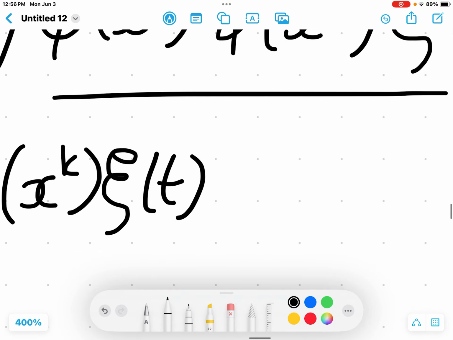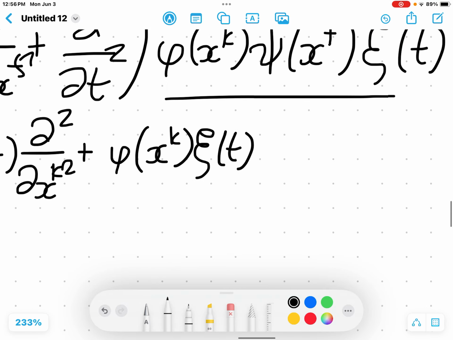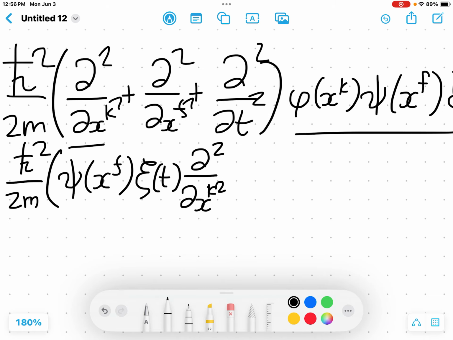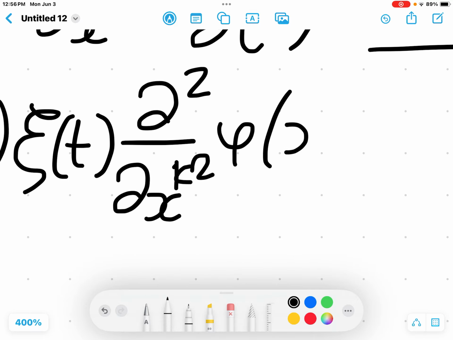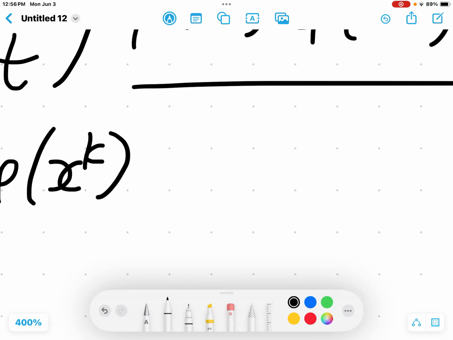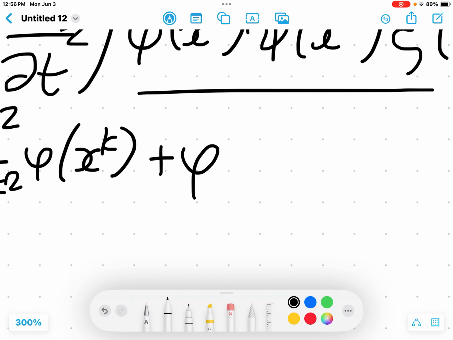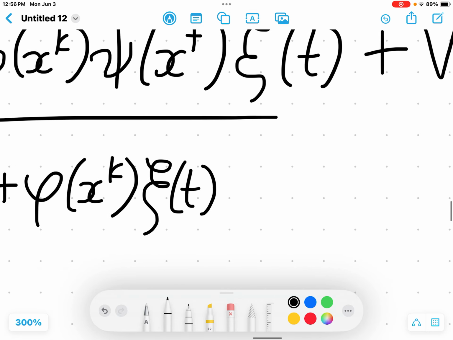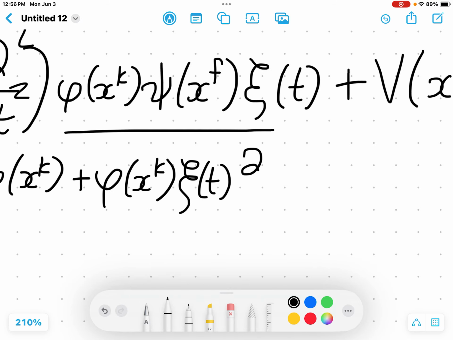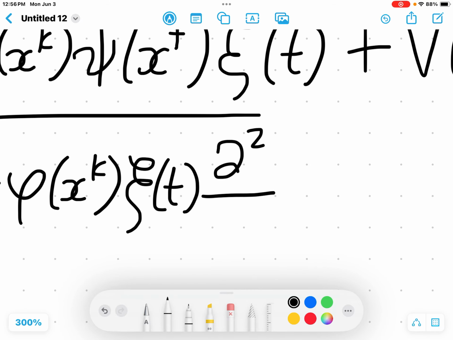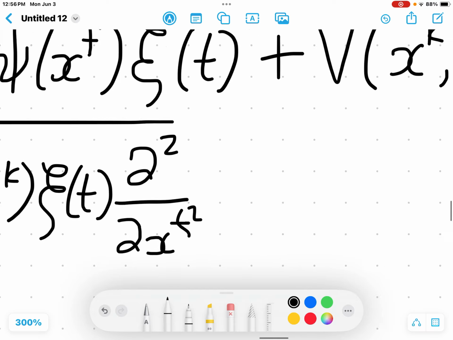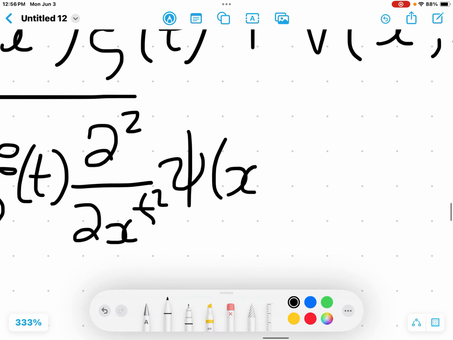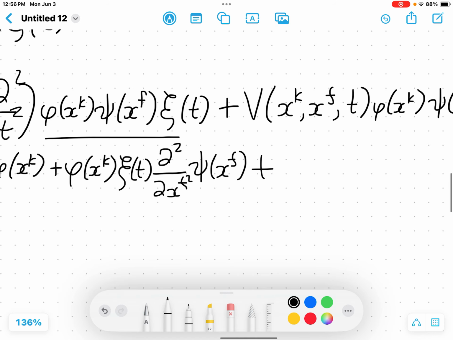So psi, xi, and then... screwing up in this lecture. Okay, so this is for phi of xk, and this is plus phi of xk times psi of t. This is d squared over dxf squared of psi of xf, and then plus